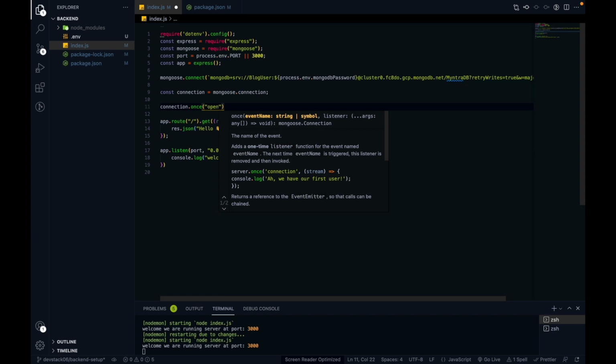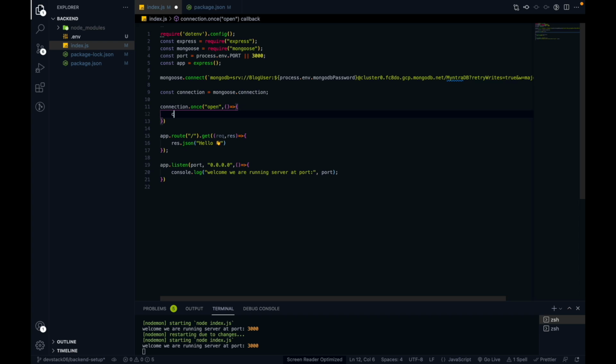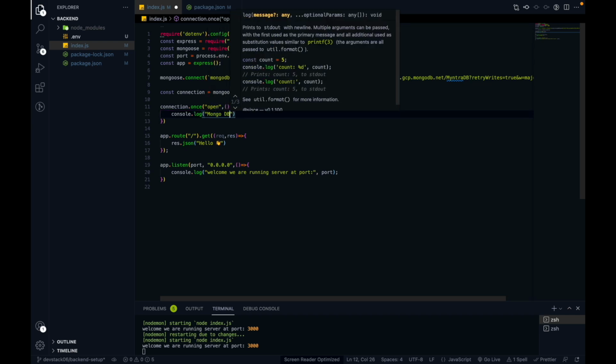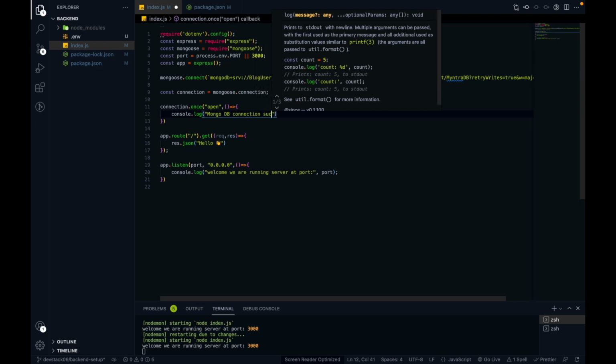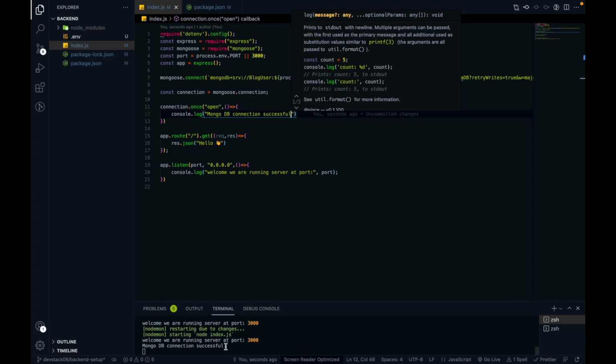There will be an event called open, and in this event I will call back a function, and in this function after making a connection I want to console log one thing: MongoDB connection is successful. So it will give us a callback that everything is working fine.